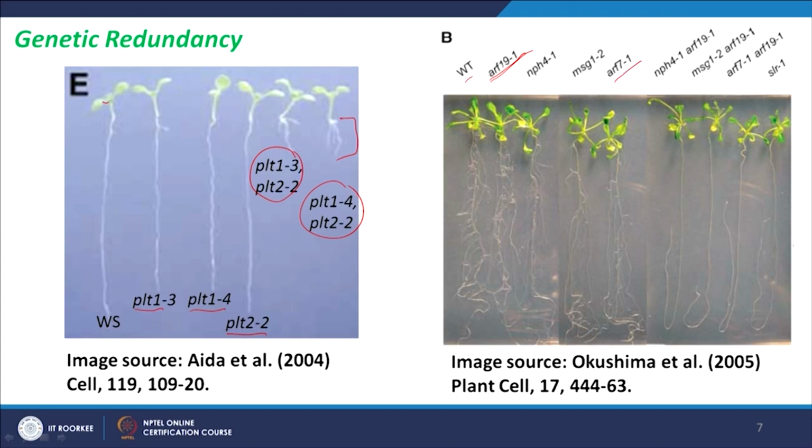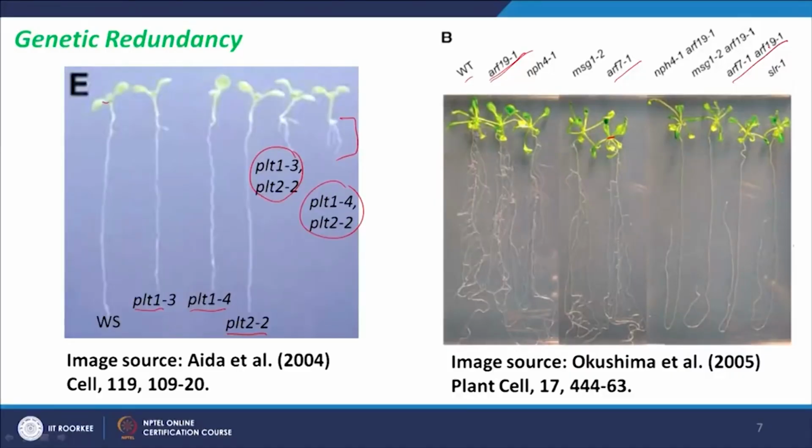So, if you compare with the wild type, ARF19 and ARF7 alone do not have much effect on the lateral root development. So, you can see that primary roots are developed, and these primary roots have a significant number of lateral roots. But when you combine both, when you make a double mutant where ARF7 as well as ARF19 are both disrupted, you can see that primary root is very well grown. It is equivalent to wild type, but this does not have any lateral roots. So, this also suggests that auxin response factor 7 and 19 are genetically redundant in regulating lateral root formation